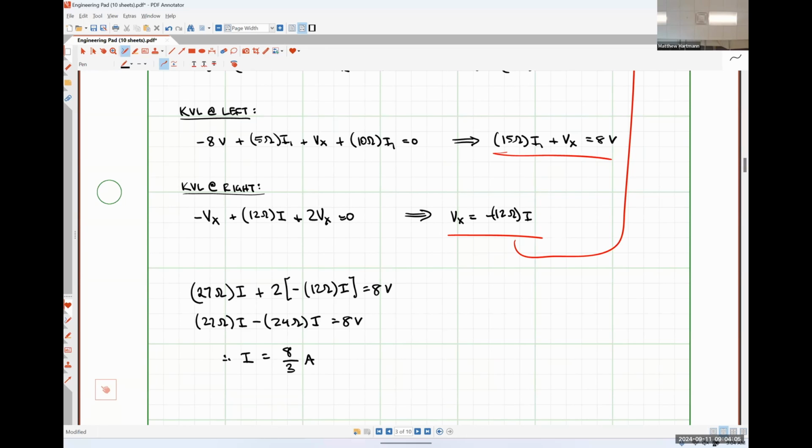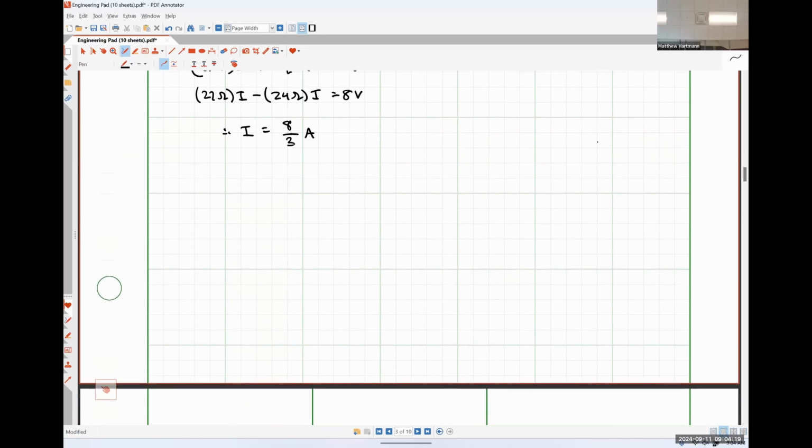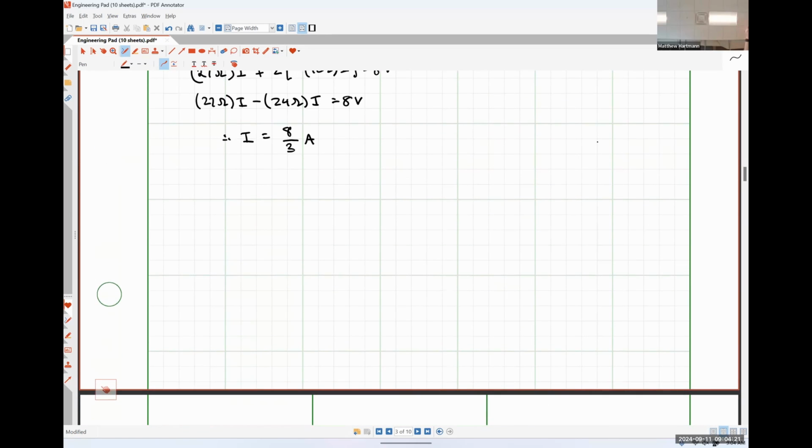All right, so how do you guys feel about Kirchhoff's voltage law? Okay. All right, so let's use Kirchhoff's voltage law to figure out something that you guys already know. Okay. So let's say that I have this circuit